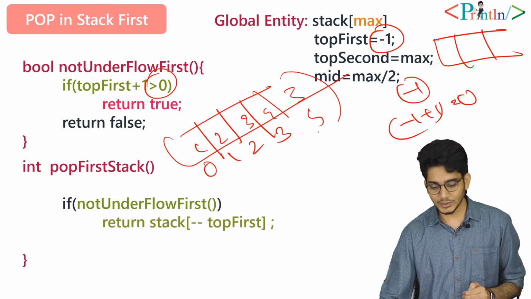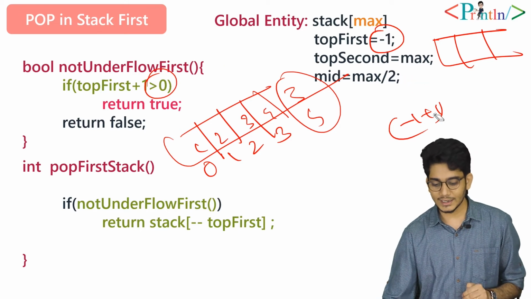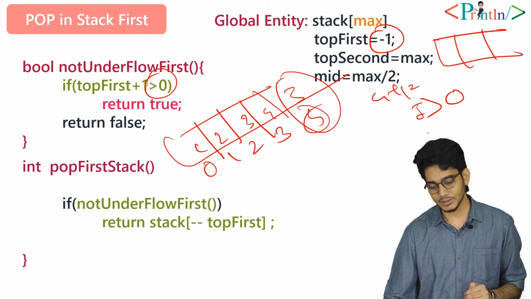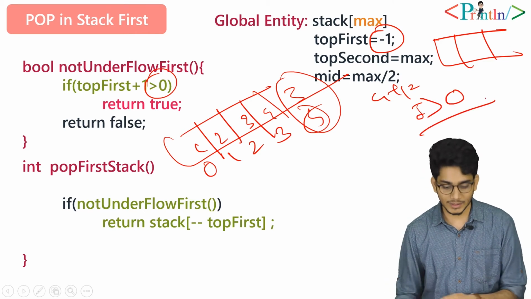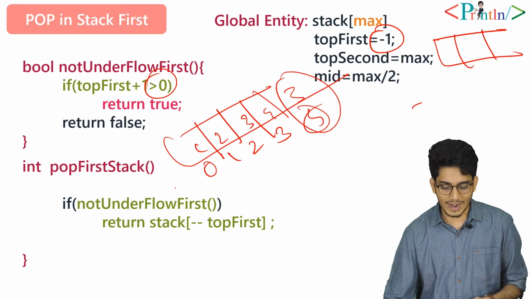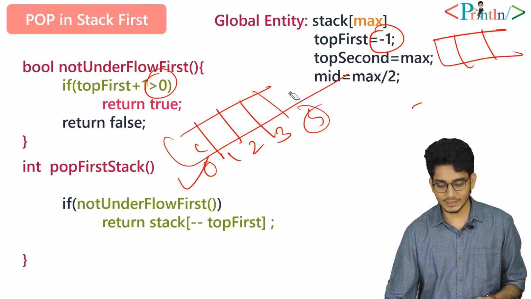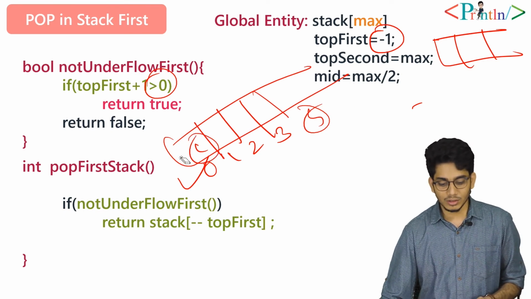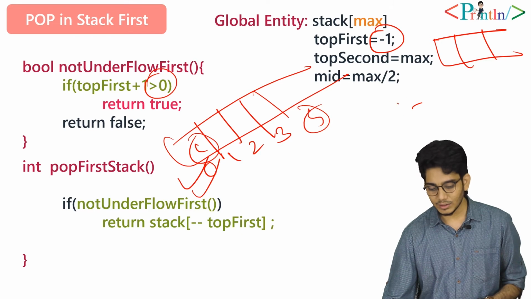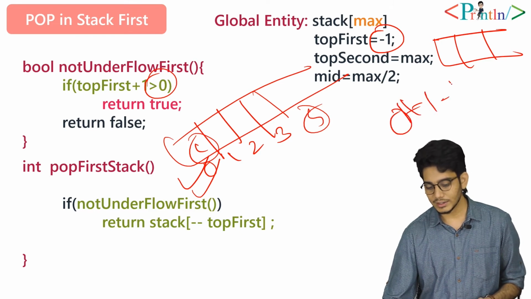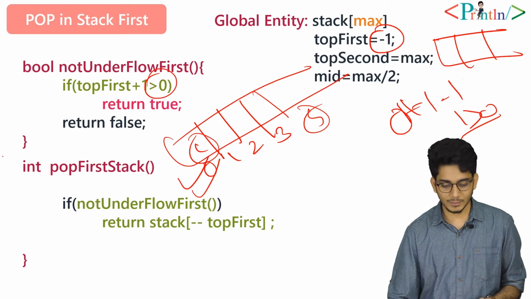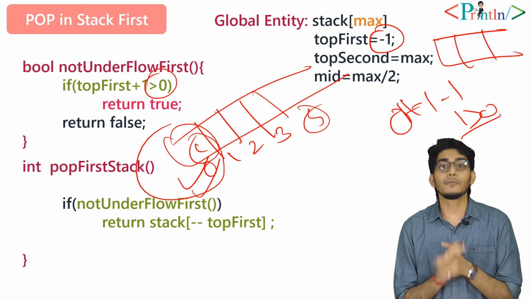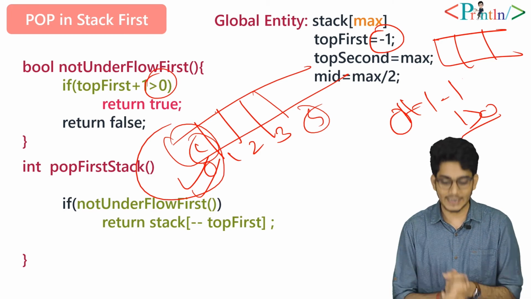So let's say that we are trying to pop this element, that is 5. We'll simply check the value of the top. That is 4. 4 plus 1 equals 5. 5 is greater than 0. It means we can pop the element. And let's say that we are at this position. We don't have these values within our stack. It means we have only one value, that is 1. So for popping this element, we'll check that 0 plus 1 is 1. 1 is also greater than 0. It means we can pop this element from the stack. So this is how we can implement the pop function into our first stack.